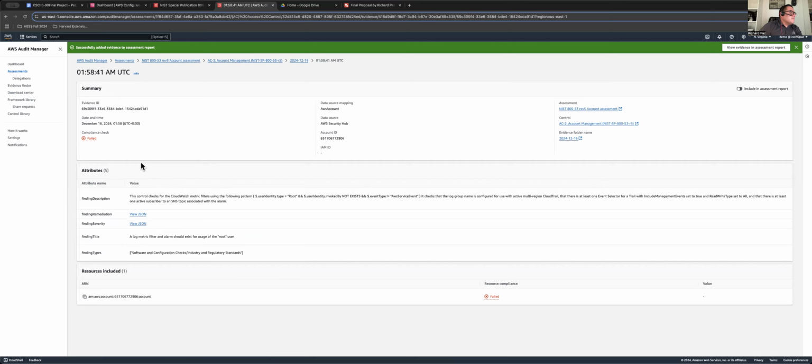So here it gives you a summary of a failed compliance check. This control checks for CloudWatch metric filters, and then it checks that the log group name is configured for use with active multi-region CloudTrail. So we're not using multi-region, we're not using CloudTrail in this scenario. So I would essentially mark this one as not applicable. But if I wanted to remediate it, if I was multi-region and I was using CloudTrail, I would look at